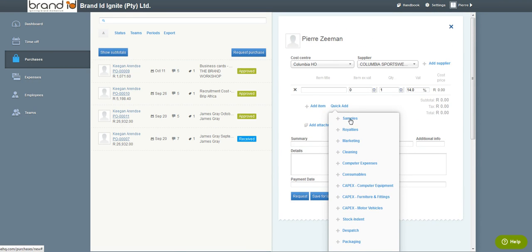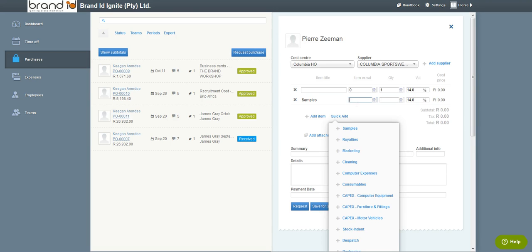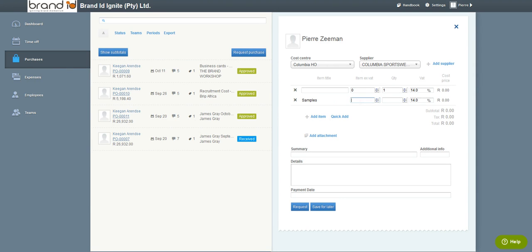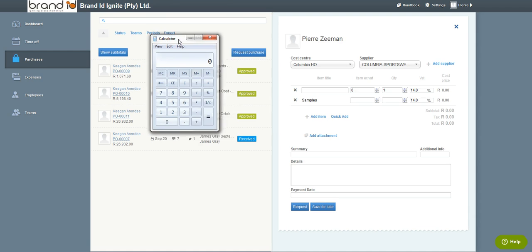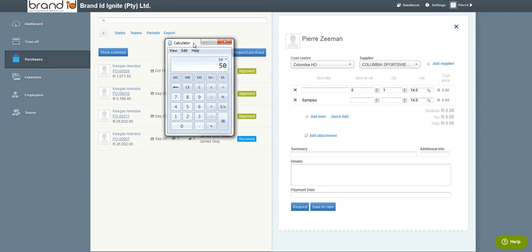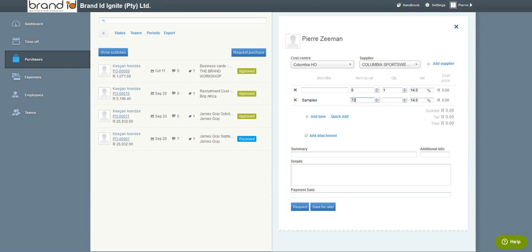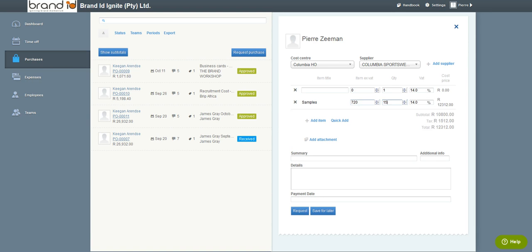So you'll choose samples, and the item price ex VAT will have to be the South African Rand value of it. So if it's a different currency, you'll have to convert it beforehand. For instance, let's say it's $50 for a sample, so $50 times the exchange rate of 14.40, that's 720 Rand. Right, so that's what you'll put in there, 720, and the units, let's say it's 15 footwear samples,